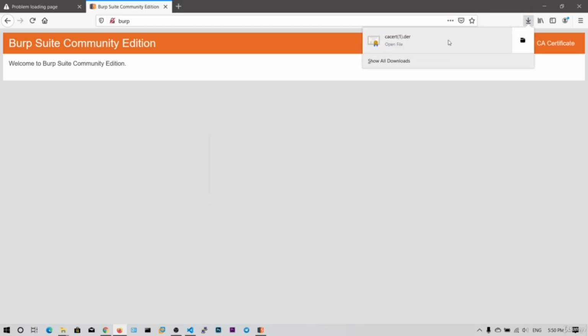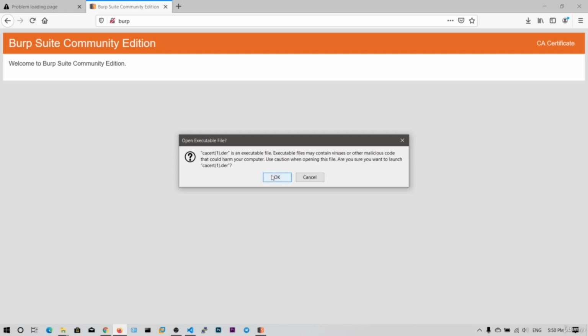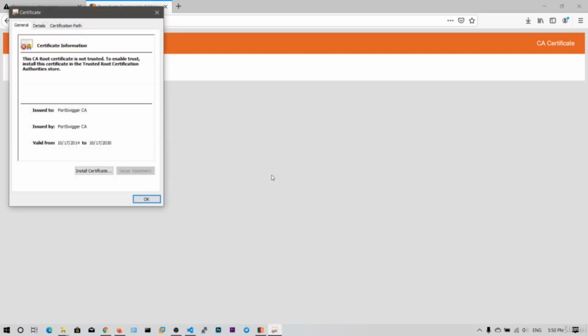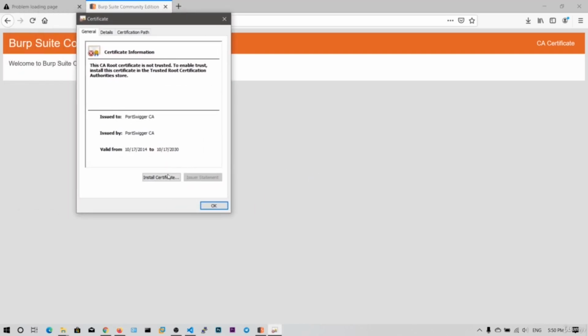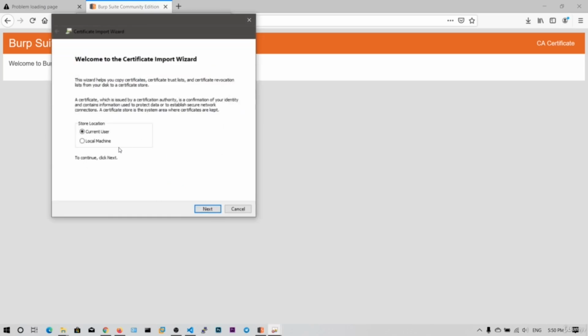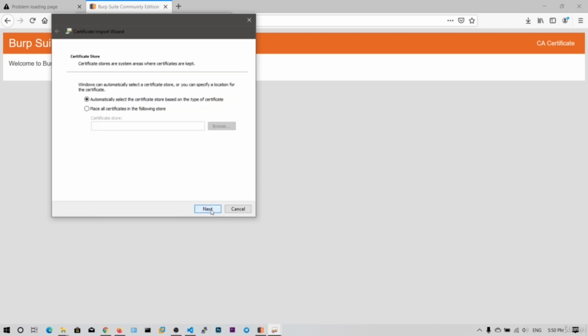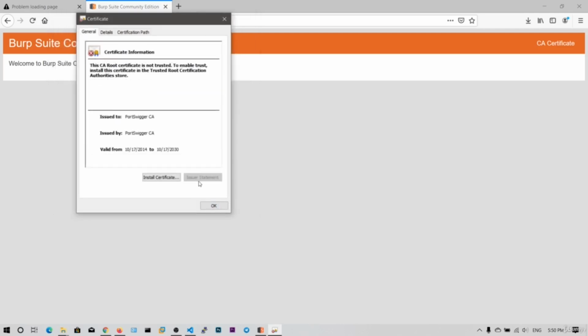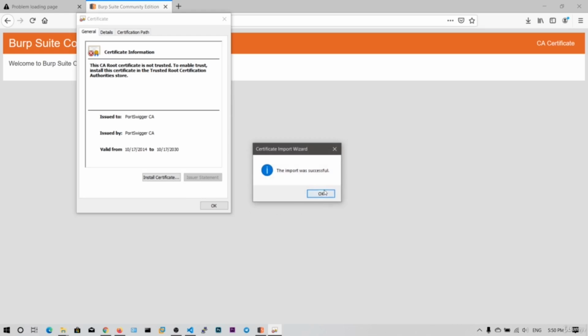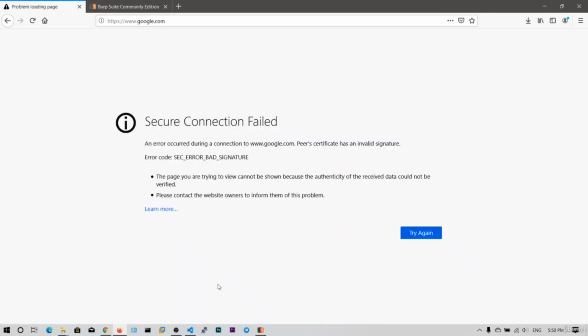and what you want to do is you want to open this file, and that's it. It will ask to install this certificate. Now install this. You can also install it for local machine. I am fine with current user, and click on next, finish. Okay, now if you can see,